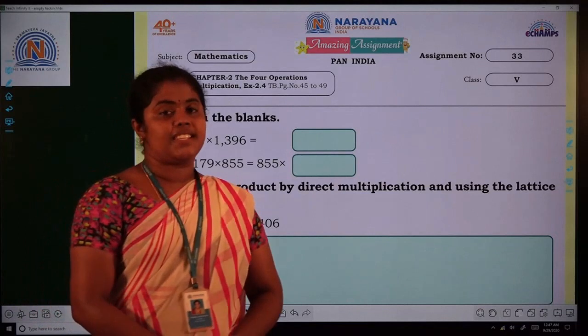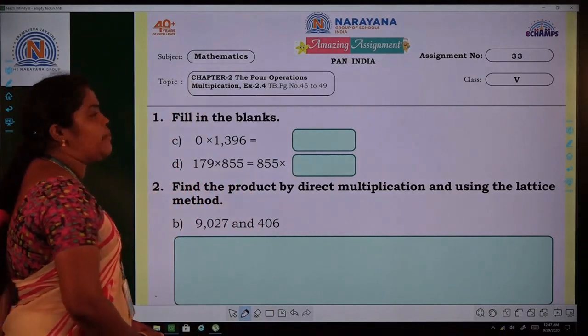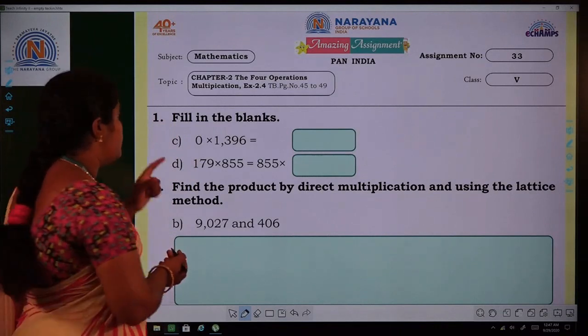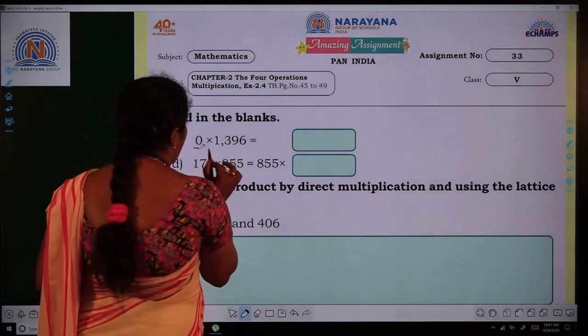Today we will do amazing assignment 33. It is related to chapter 2, the 4 operations. Here the first one is fill in the blanks. The first question is 0 multiplied with